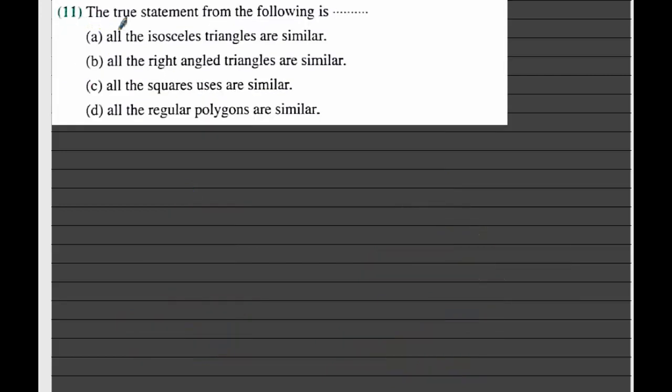Question number 11. The true statement from the following is: all the isosceles triangles are similar? It is not true. All the right-angled triangles are similar? No. All the squares are similar? Yes, this is a true statement. All the regular polygons are similar? No. So the required answer here will be letter C, because in the squares all